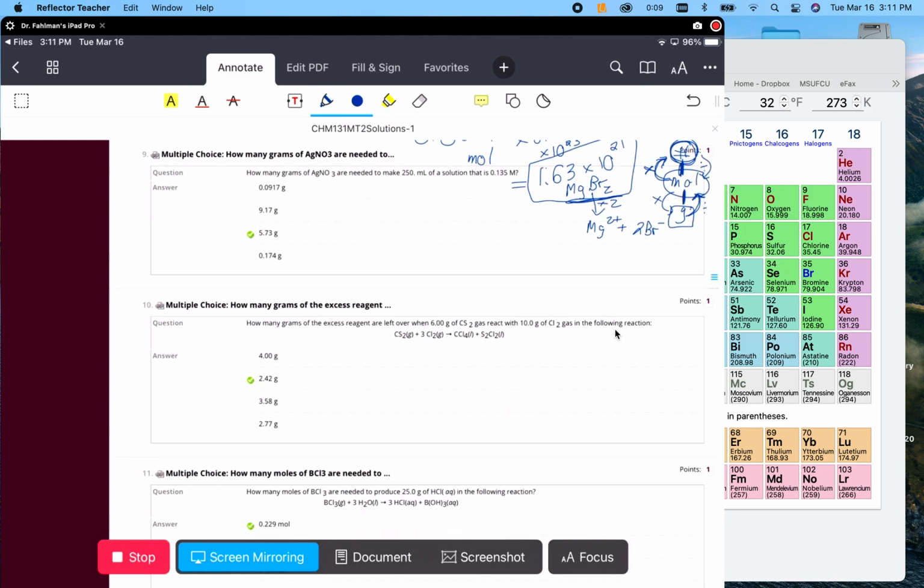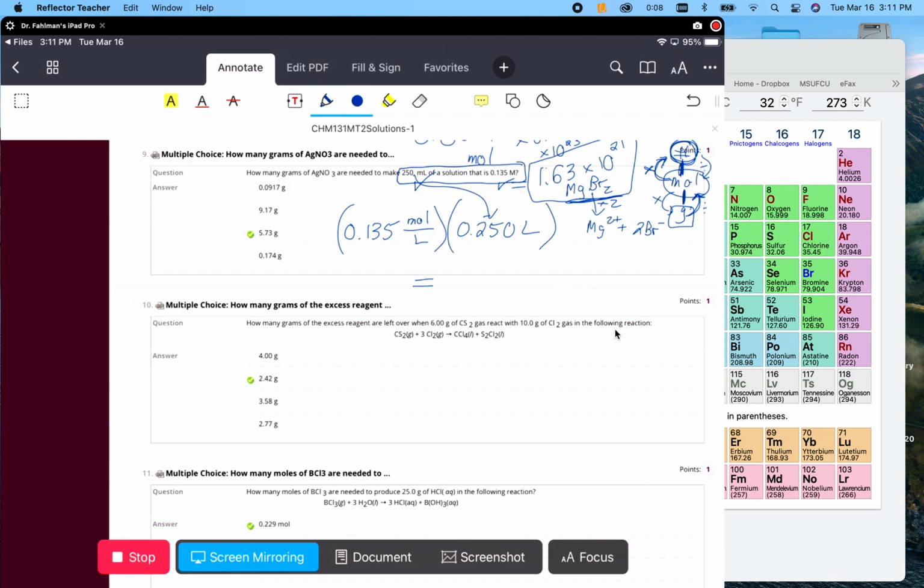How many grams of silver nitrate are needed to make that solution? If you see a concentration and a volume together, that tells you you can get moles out of it. So it's 0.135 moles per liter, and then you just multiply by 0.250 liters, which is 250 mL. Okay, and so when you do that,